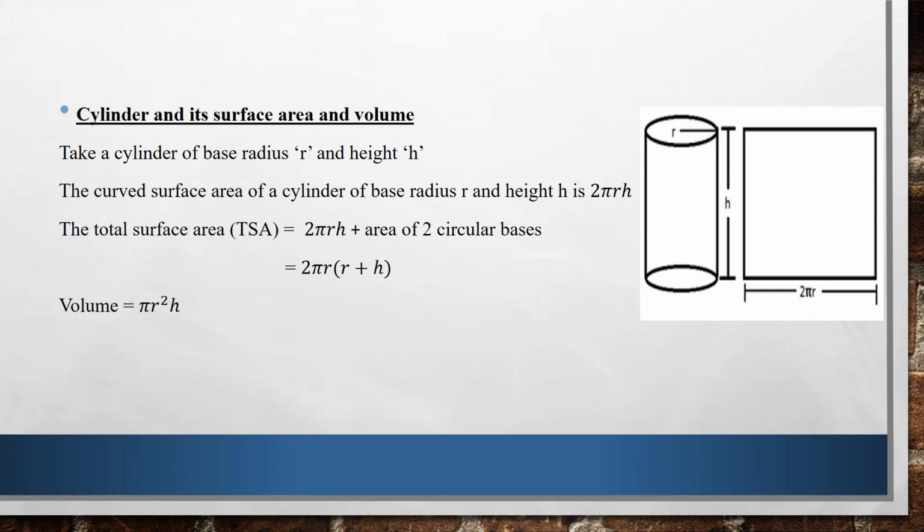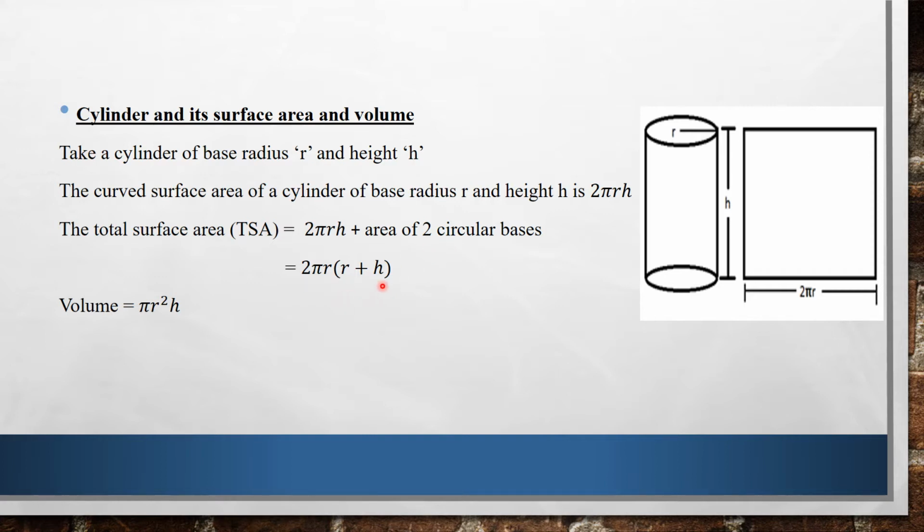Cylinder and its surface area and volume. Take a cylinder of radius r and height h. The curved surface area of a cylinder of base radius r and height h is 2 pi r h. The total surface area of the cylinder will be the curved surface area plus area of two circular bases, which is equal to 2 pi r h plus 2 pi r square,